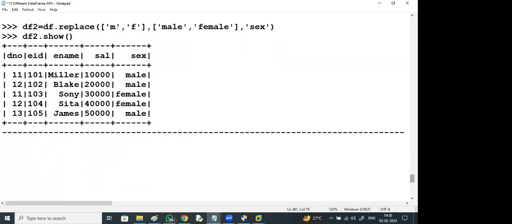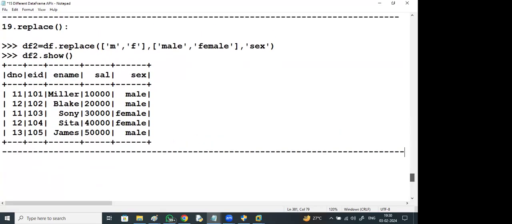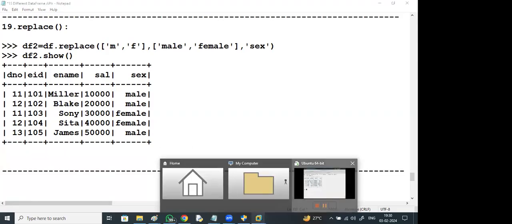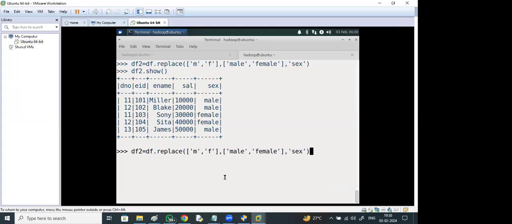For example, if any names are wrongly typed here, instead of getting one name, you got some different name, you can also go with that. df.replace Miller, Blake.